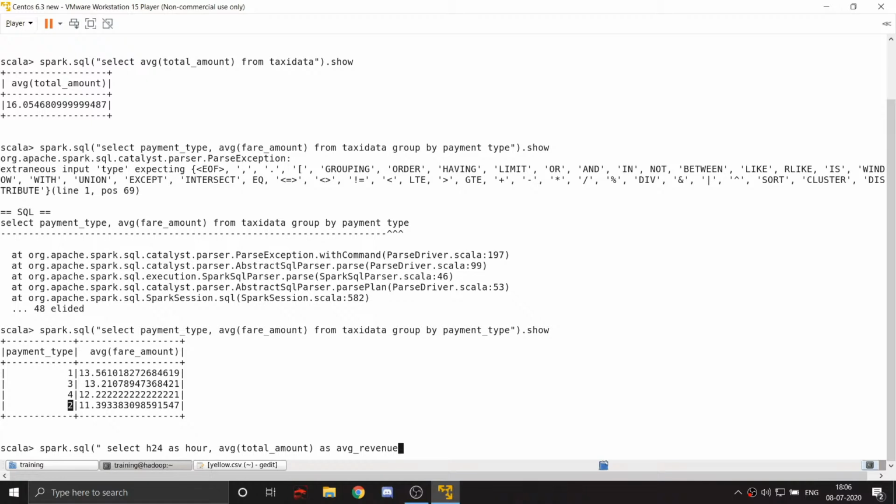So we're also assigning an alias to this, which is average revenue from, and this would be the nested SQL statement. So this is also a select statement inside of this. Select R,